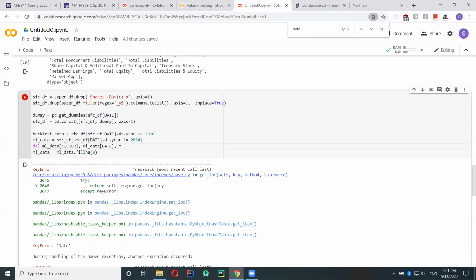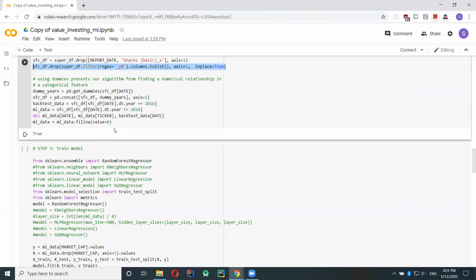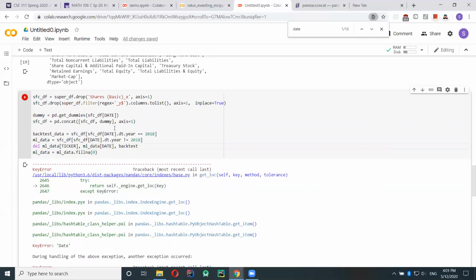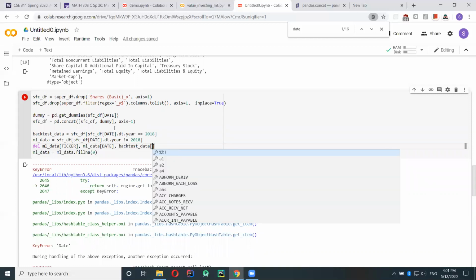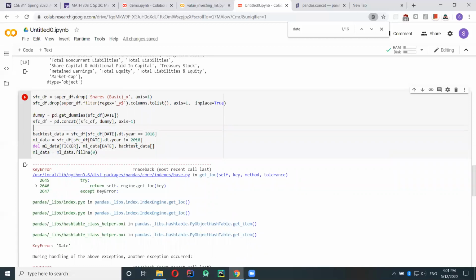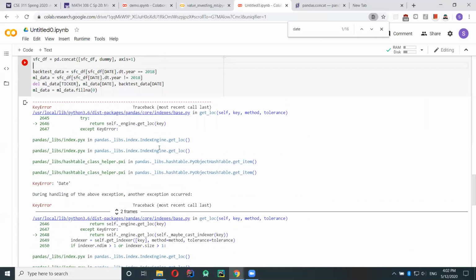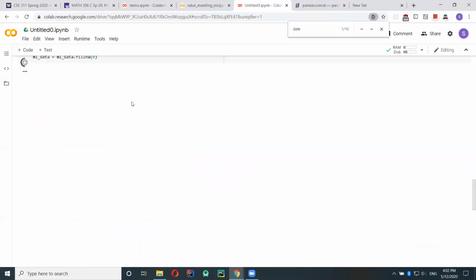So that will not work. Hopefully it will work now.